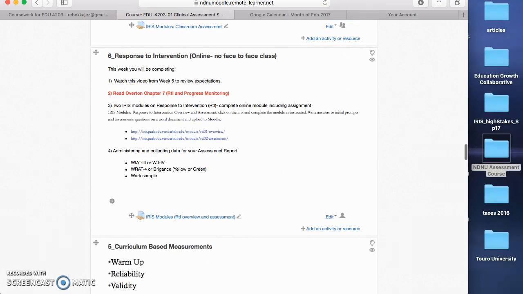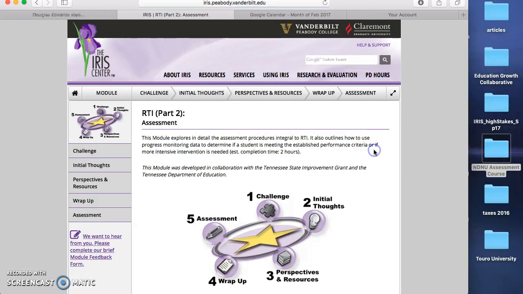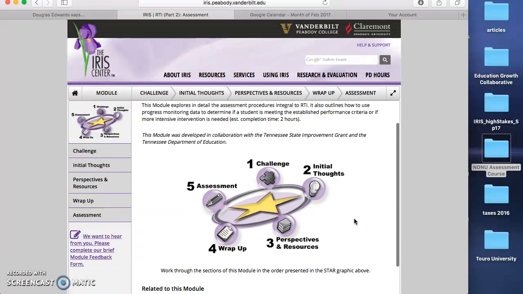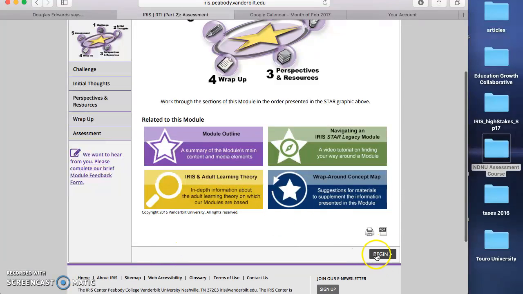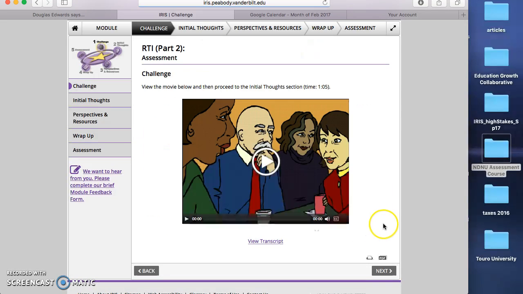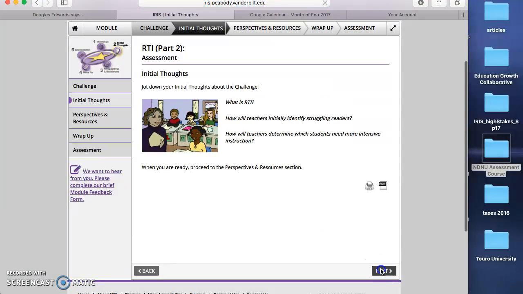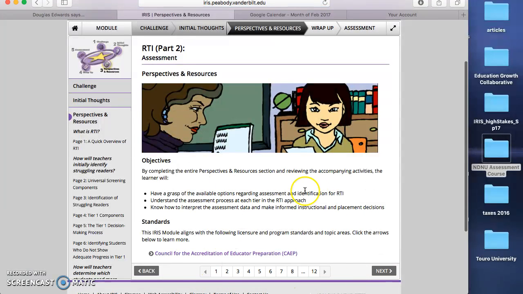For week 6, I've already released the response to intervention IRIS modules, and of course the reading is right there as well. So one thing that ends up coming up a lot is when you click on this second RTI IRIS module, which is on assessment, all that people keep doing is looking at the document that I have created to guide you through the assessment. And so they begin it, they go through the initial thoughts, or the challenge, and then they get to the bulk of the